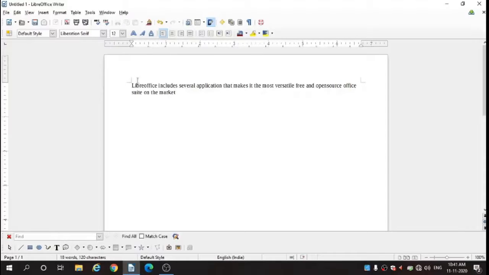In the next session, we will see how to do the variations, how to fill the variations with this text, how to increase the font size, and how to make the style different for this text. So for now, we are going to save this. The save shortcut button is there, or you can go through the menu.